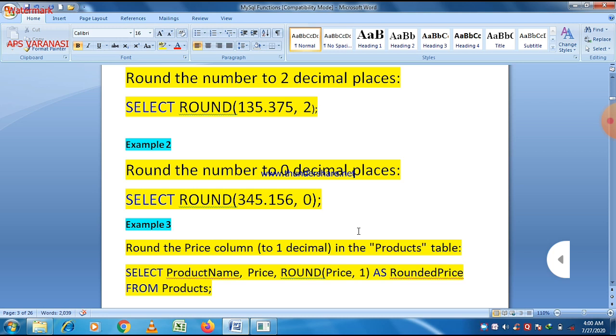So let's start. Just go to MySQL, and then just write select round, one number, and after that any number, and after that the decimal places up to which you want to round this value, and you will get a result.